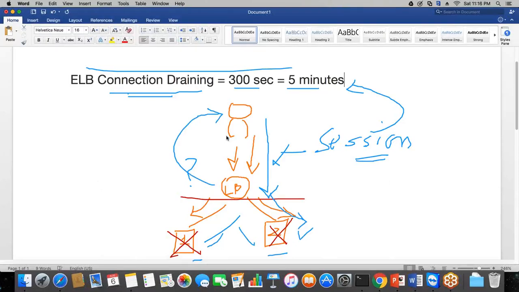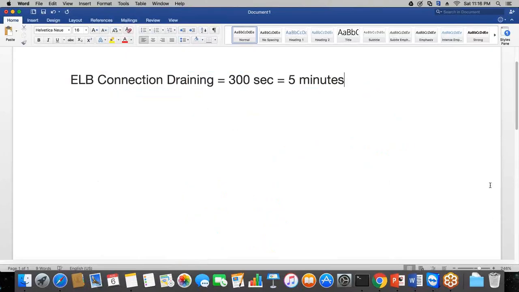So this is about the connection draining. The next concept is called stickiness. Now this is a very important concept from the examination perspective. I will show you how it's configured tomorrow, but I'm explaining the concept right now today. Stickiness means that what happens is